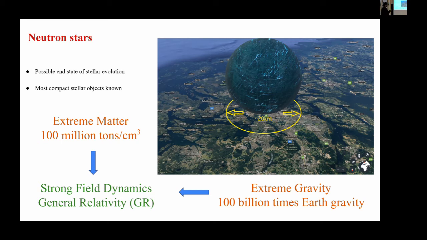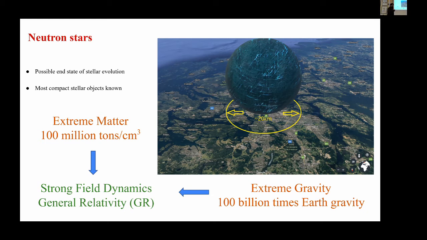And then its density is also at the very extreme side, which is like 100 million tons per cubic centimeter. And if you want to compare, then you can think of iron, which has a density of 7.9 grams per cc, or the densest material on Earth being osmium, which has a density of 22.6 grams per cc. So you can imagine how dense this matter is. And then being such dense matter and really compact next just to black holes, it also has a very extreme gravity. And it is of the order of 100 billion times that of Earth's gravity.